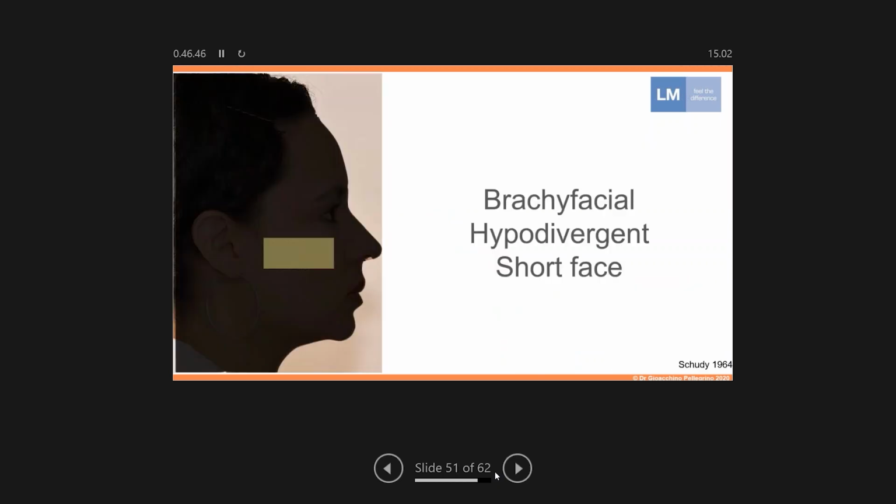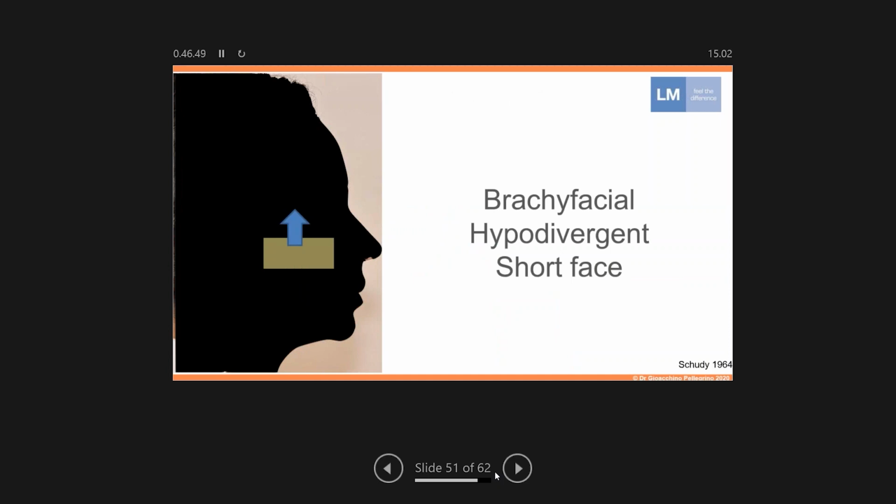And at the end, this relationship will be strictly connected with the morphology of the face, so that the morphology of the face can be divided in different parts, like we can see in this image, in which we have four rectangles, four boxes that have a strict connection between them, and this relationship is a characteristic of a short face, of a brachyfacial type